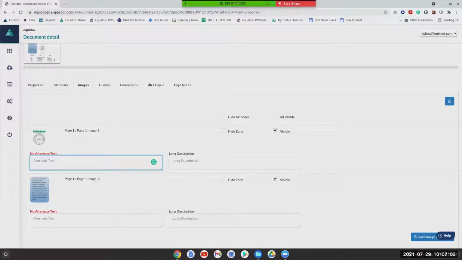So if you have documents containing images that require descriptions, it's very important to make sure that you are taking the time to properly describe them so that a screen reader user has the appropriate context as to what this image is, what it represents, what is it doing in this document. Now, these are very generic. This is a very generic image, and then this is actually an image of text that we're going to cover.